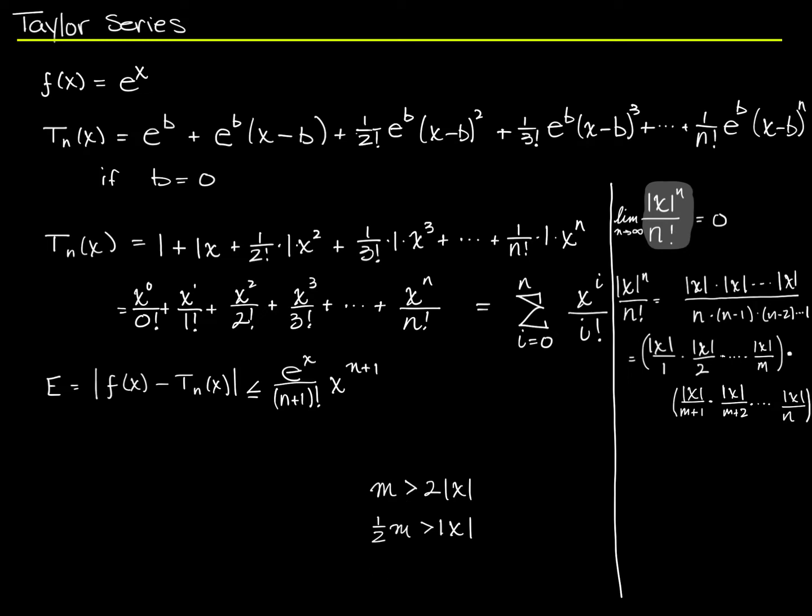Now if I change the direction we're going in here, and I write this as the absolute value of x is less than 1/2 m, then what I'm saying is that the thing you see in each numerator here, this absolute value of x, is less than half of m. Not less than or equal to, sorry, just strictly less than. That means that this whole expression is less than x over 1 times x over 2 up to x over m